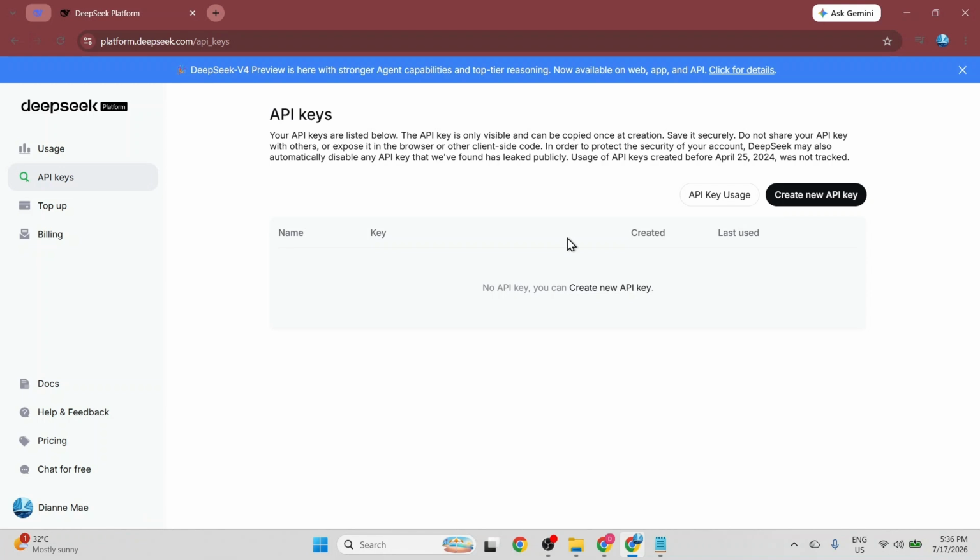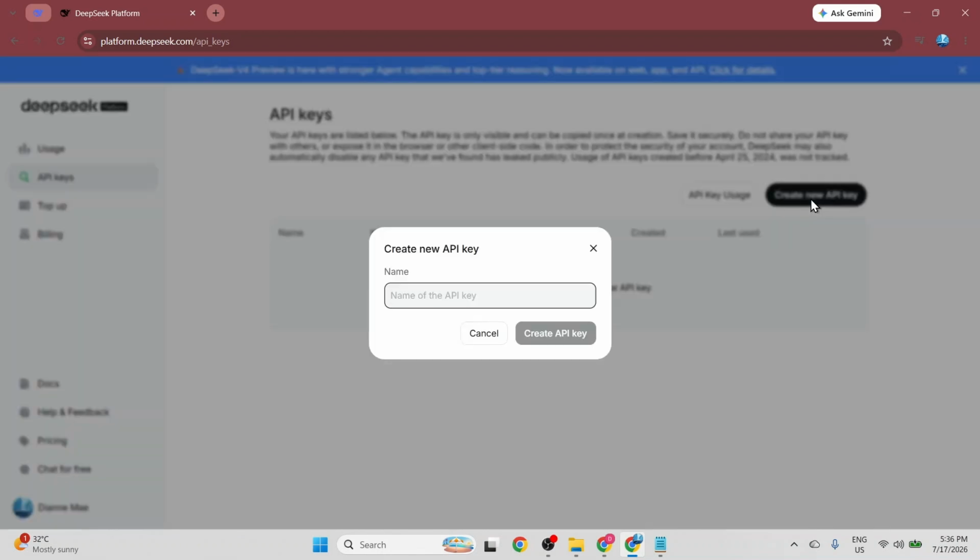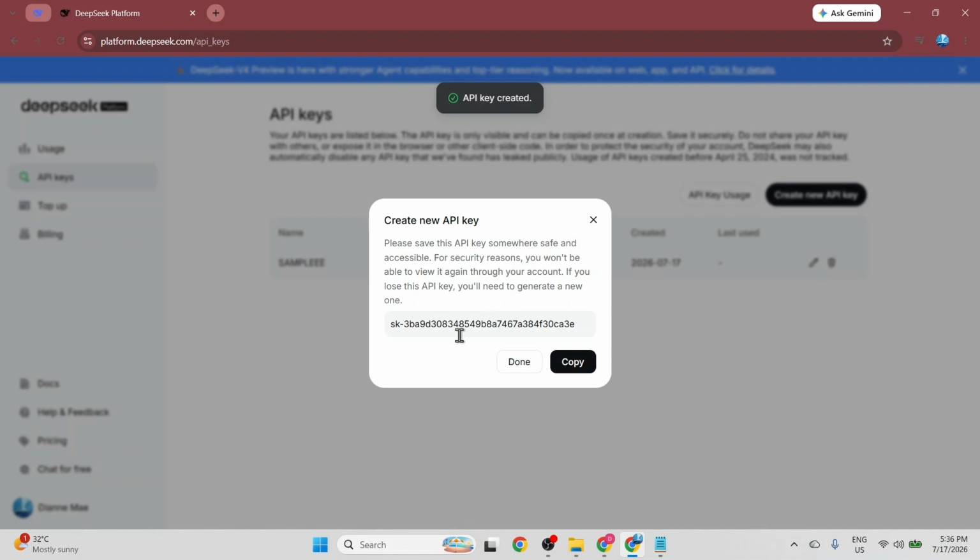To create one, I locate the button on the right side labeled Create New API Key and click on it. A pop-up dialog box appears, prompting me to give my new API key a name. I click inside the text input field under Name and type Sampley as a placeholder name. Once I am done typing, I click the black Create API Key button in the bottom right corner of the